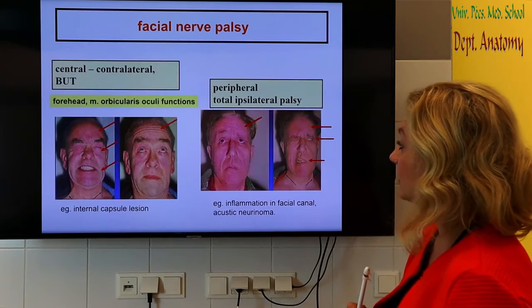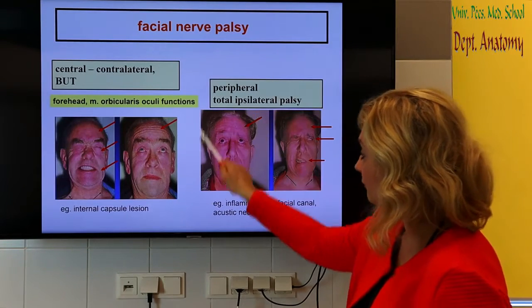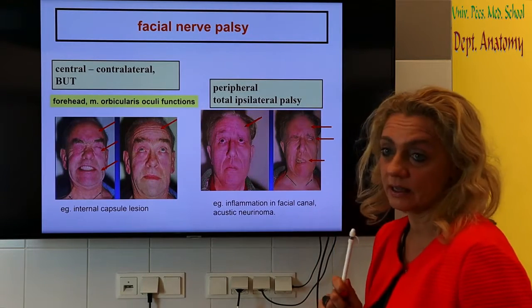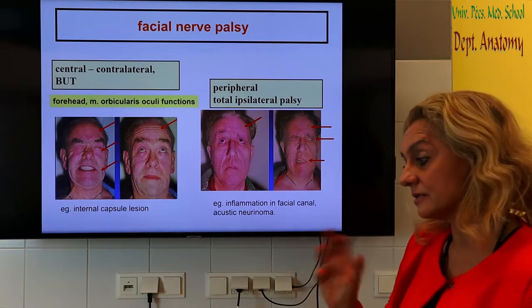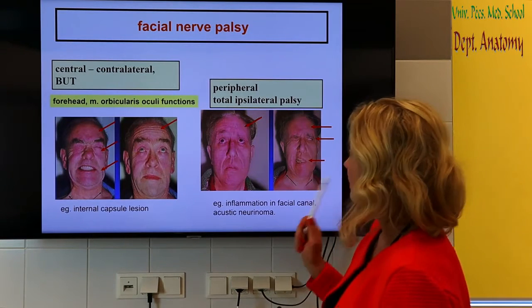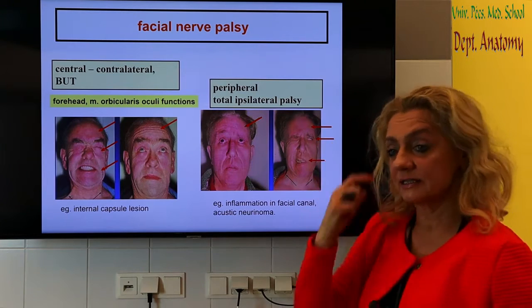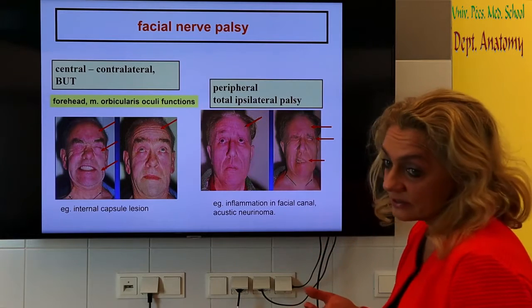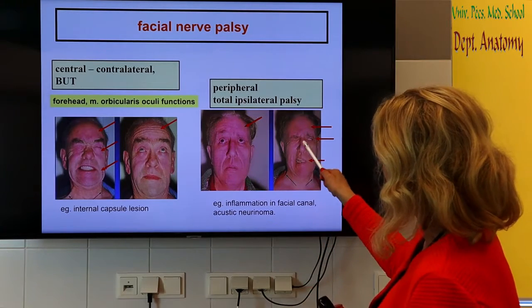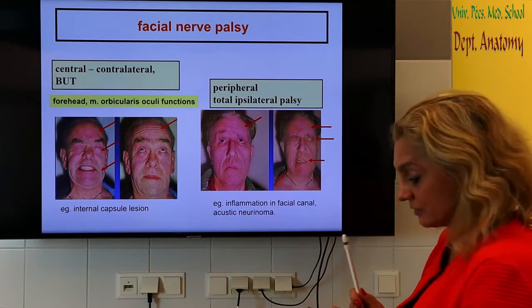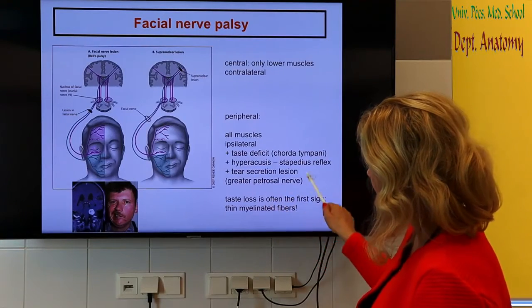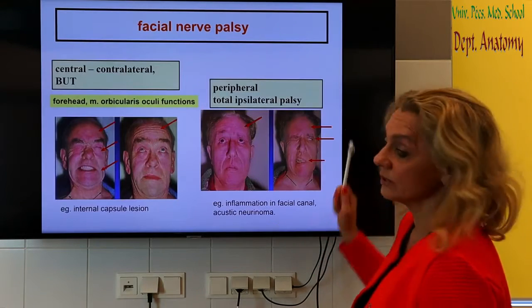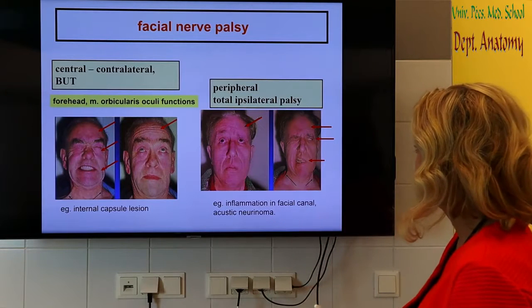And these are very important when we look at the peripheral lesion, when the patients cannot close the eye. It's very important. Many times this is mixed up in the exam too. So facial nerve innervates the orbicularis oculi muscle, which closes the eye. So if this is lesioned, of course the patient is not able to close the eye. And then this, together with the previously discussed decreased tear production, is a very bad thing for the eye. The eye can easily dry out.